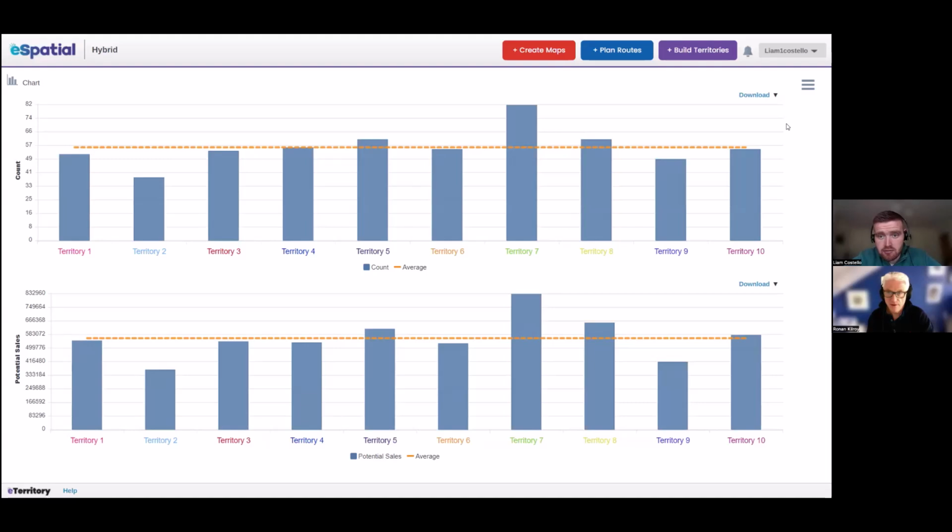In territory 7, we could see that maybe that rep could be hitting his or her number in terms of quota, but on the other side we're potentially leaving sales on the table because the workload or the capacity of that rep is too high. If that rep can't visit enough prospects or customers, they're just going to get swept up by your competitor. So this is a really nice graph to understand where realignments or tweaks could be made.